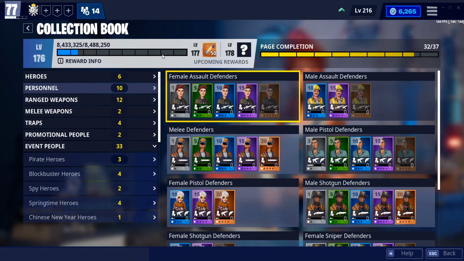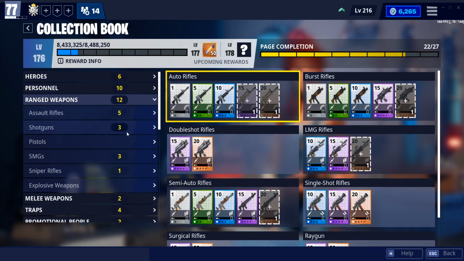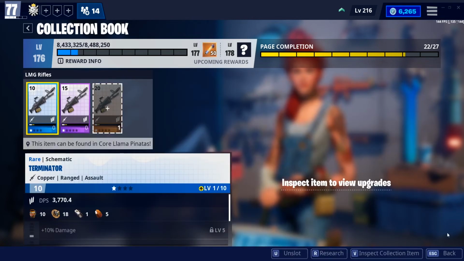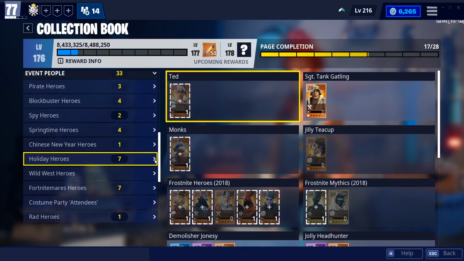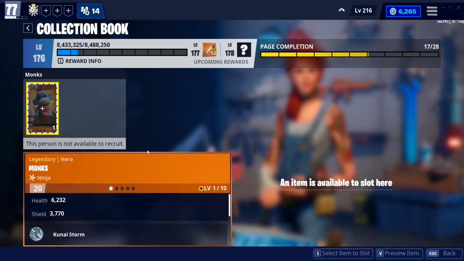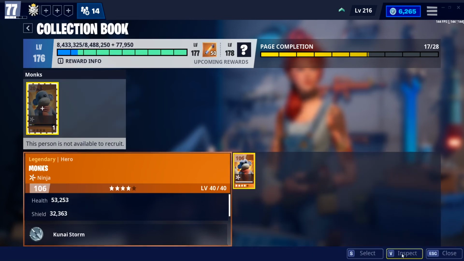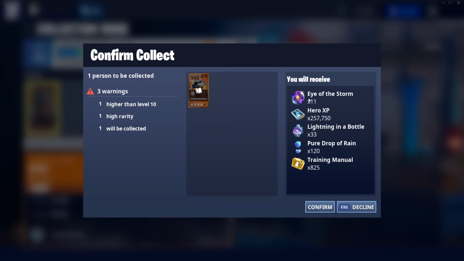In order to show you how the collection book works, I'm going to go into my ranged weapons and drop in a couple of schematics here that I don't want. So for example, let's go to Holiday Heroes. Am I ever going to use monks? Probably not. So I'm just going to click this, select item to slot, select confirm, and it's actually telling me if I select and confirm to slot this